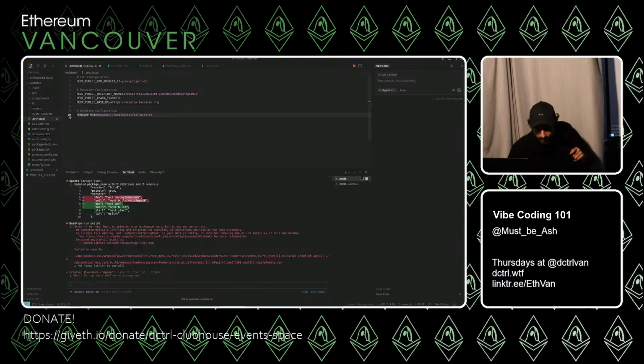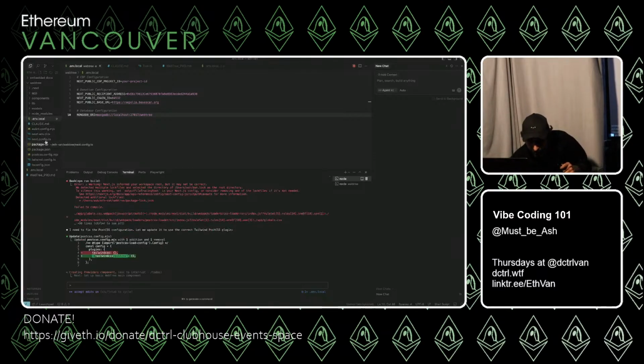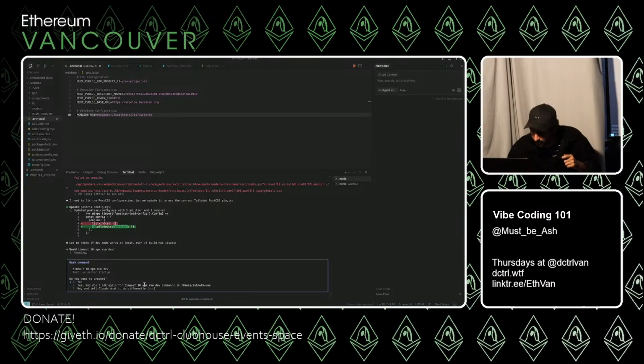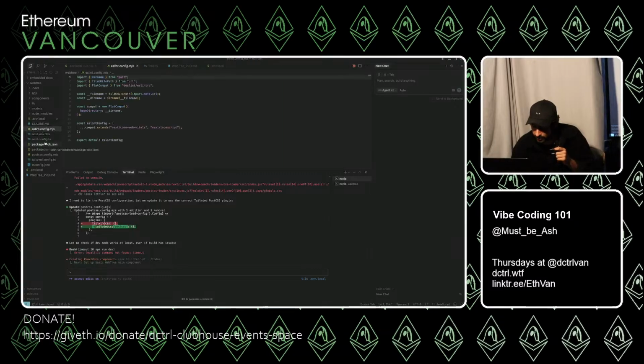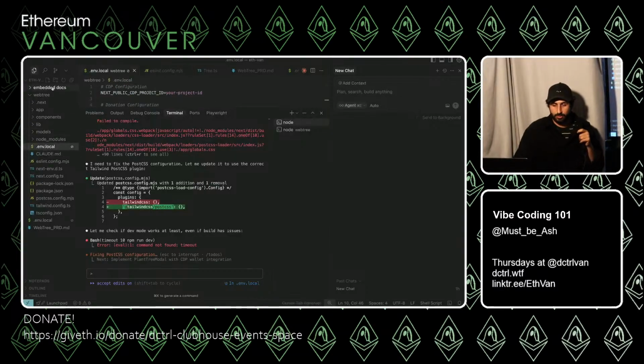While it's doing its thing, I'm going to explain one thing to put my point across about why you need a little bit of understanding. If I were to launch this application right now, you can see all the files have the same coloring, which means they're all going to get uploaded online.